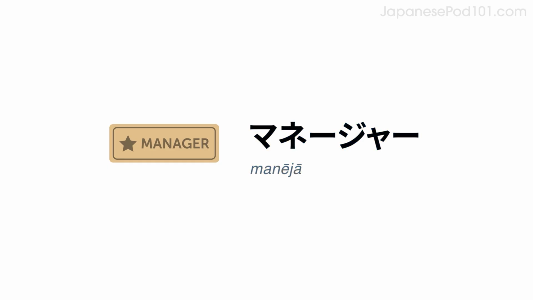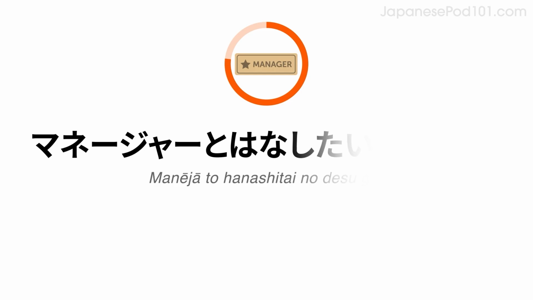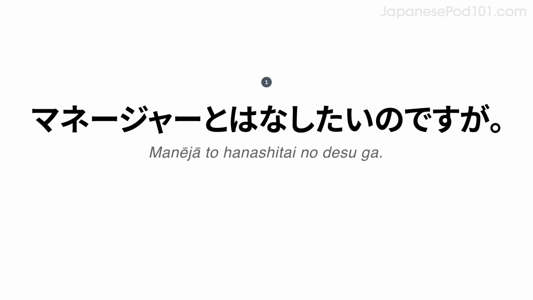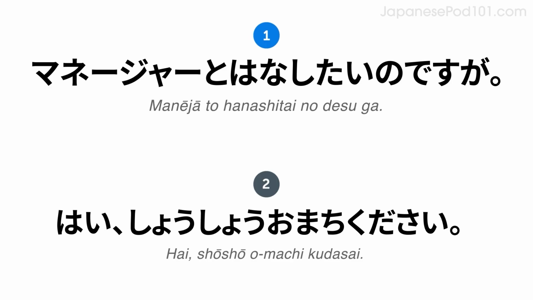Do you remember how to say, the manager? マネージャー。 Say, I'd like to speak with the manager. マネージャーと話したいのですが。 Now say you want to talk to the manager and answer it. マネージャーと話したいのですが。はい。少々お待ちください。